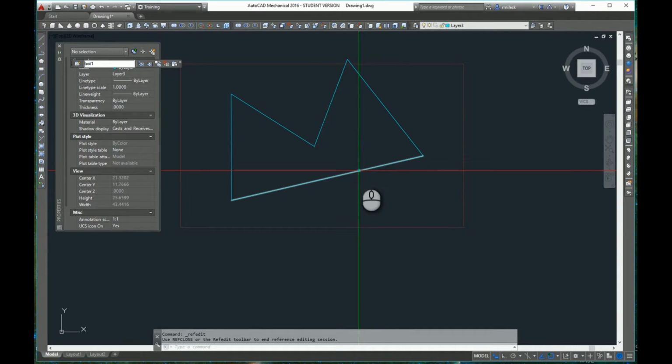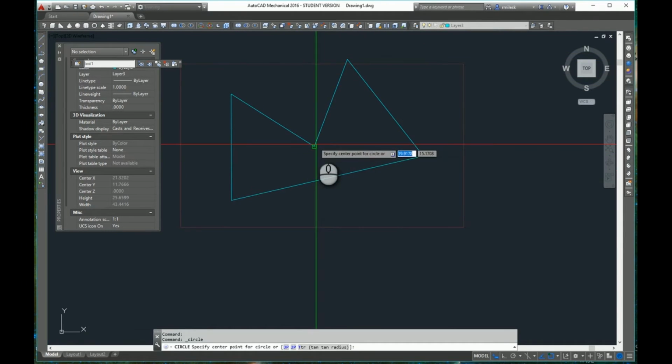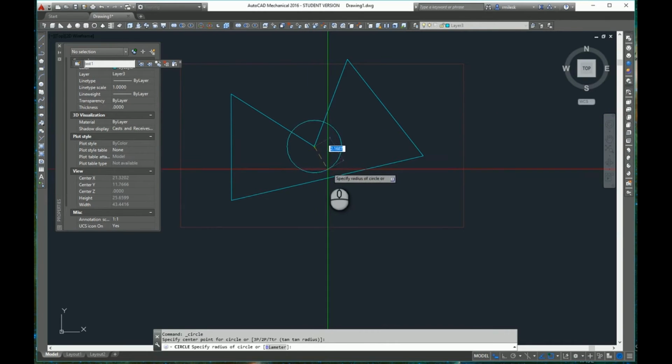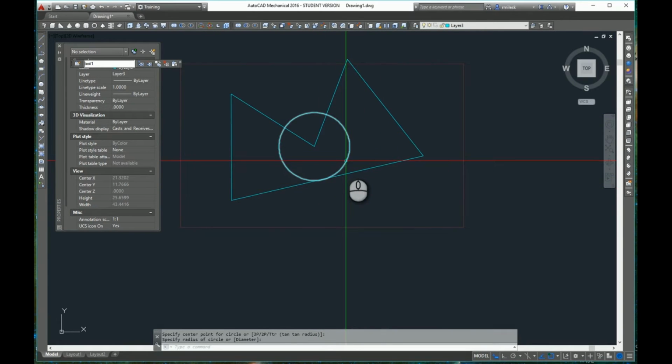Now you'll notice that all the other block references disappeared except for the original. That's because they're all referencing that one definition. So if we wanted to add a circle right there,